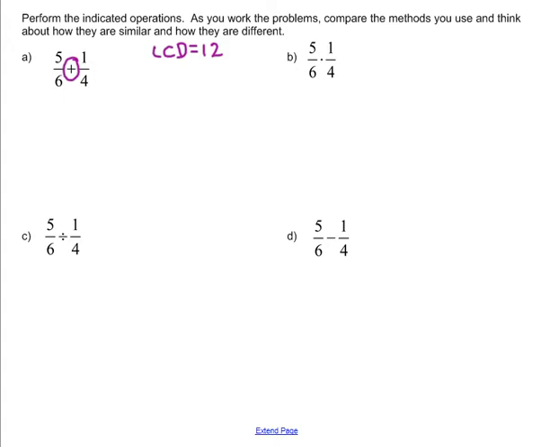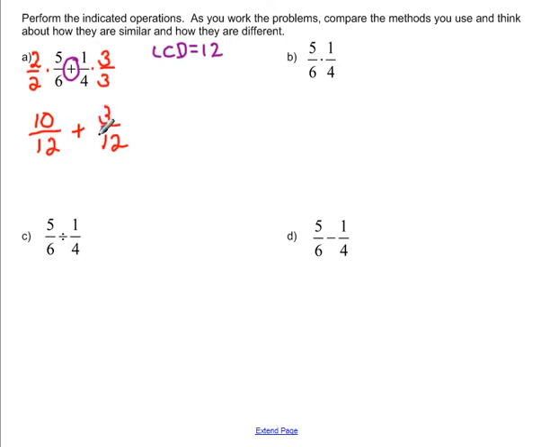So we want to build each one of these to that LCD. So underneath here, let's go ahead and get started. We know the denominator is going to be 12. And let's go ahead and do our building of our fractions. So in order to get 5/6 to have a 12 denominator, the 6 is going to need to be multiplied by 2. So is the numerator of 5. That's going to give me 10. For my other one, 1/4, in order for that to get a denominator of 12, we're going to have to multiply the denominator by 3, meaning we need to multiply the numerator by 3 as well. And 1 times 3 is 3.